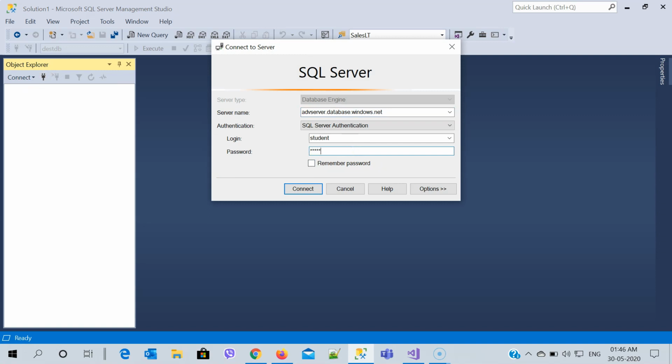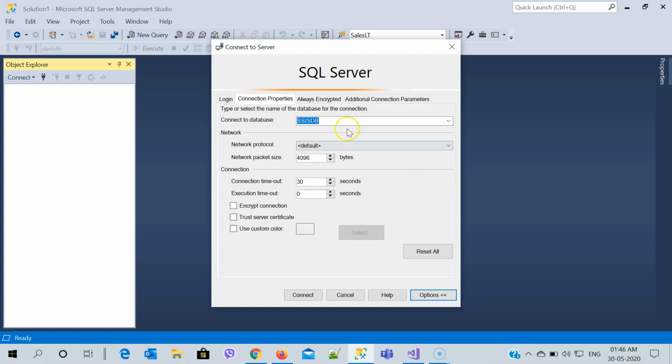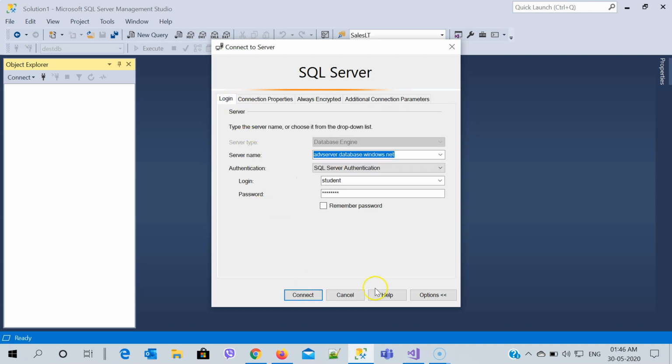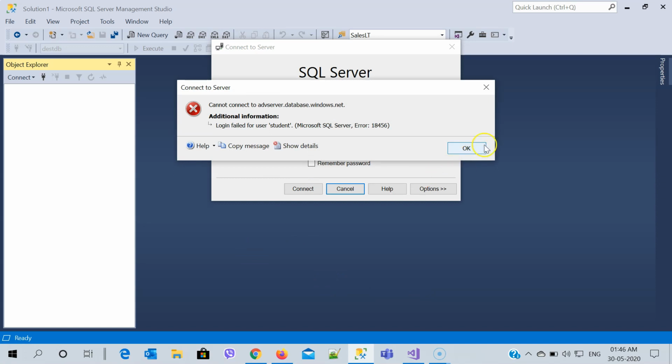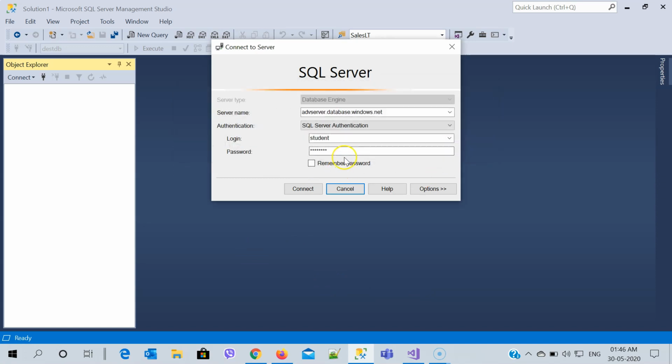I will put my password right here. Then options, and I'm going to change it to default. And then I will go back to my login. You can minimize the options and say connect. And yeah, don't forget to give a meaningful password.